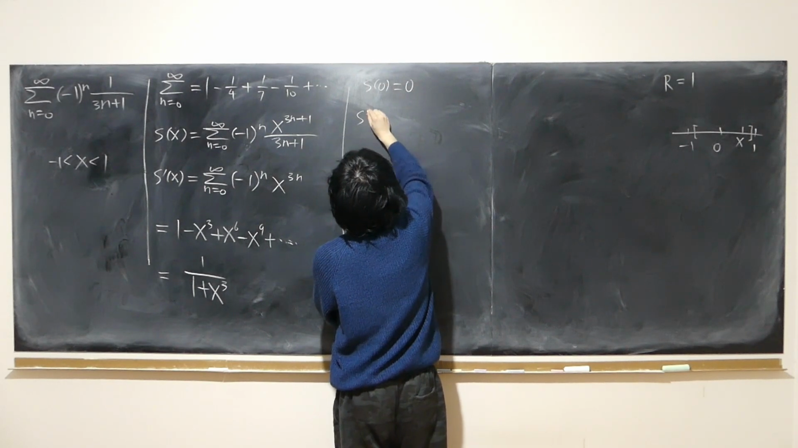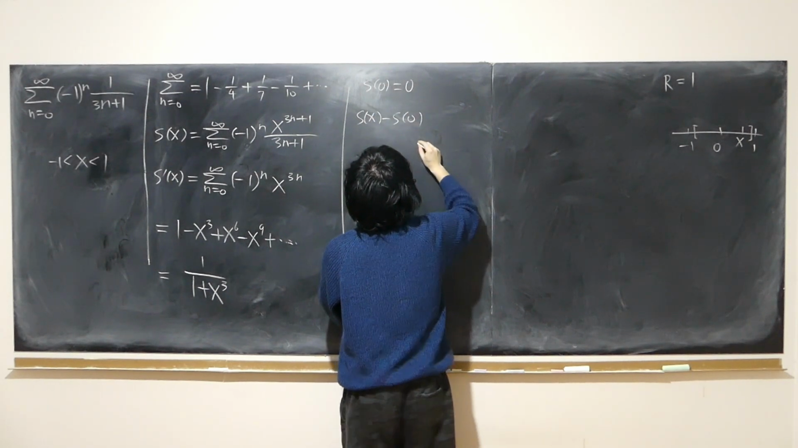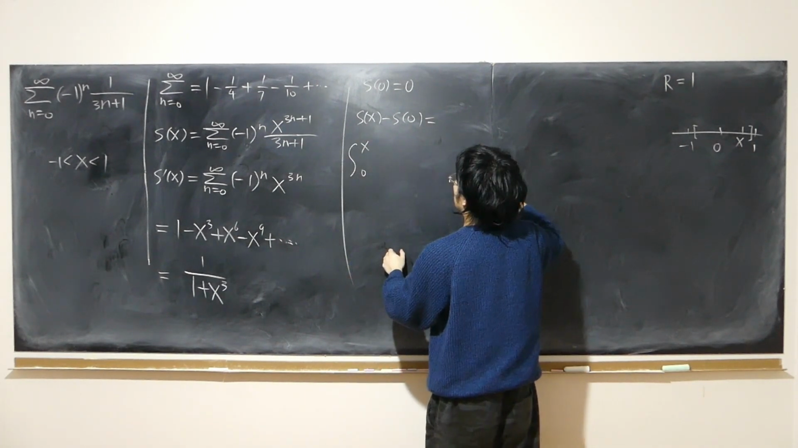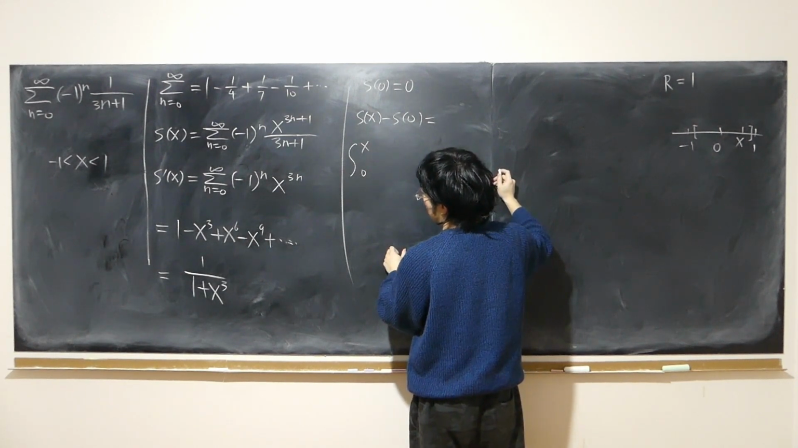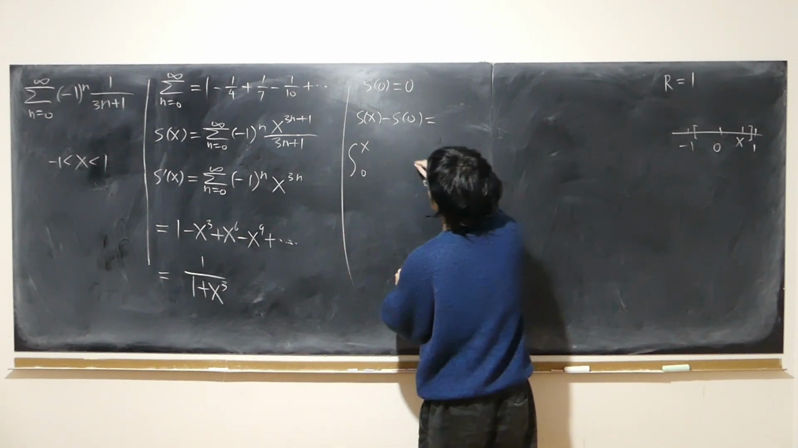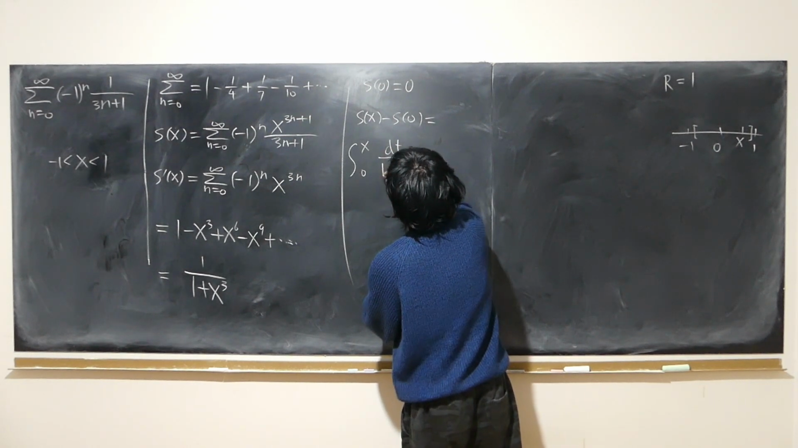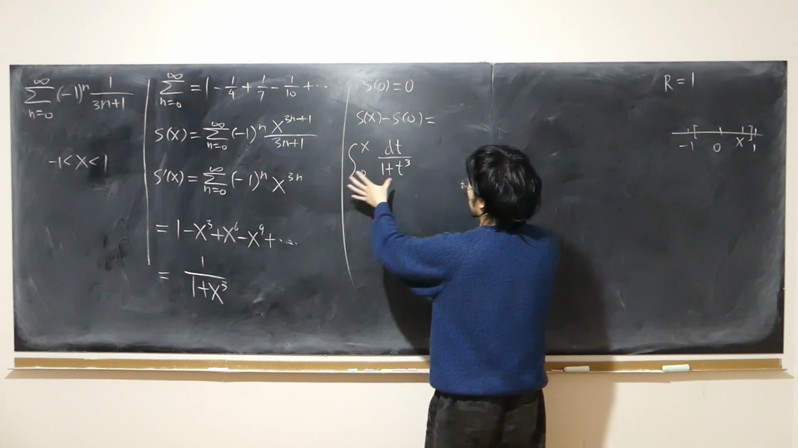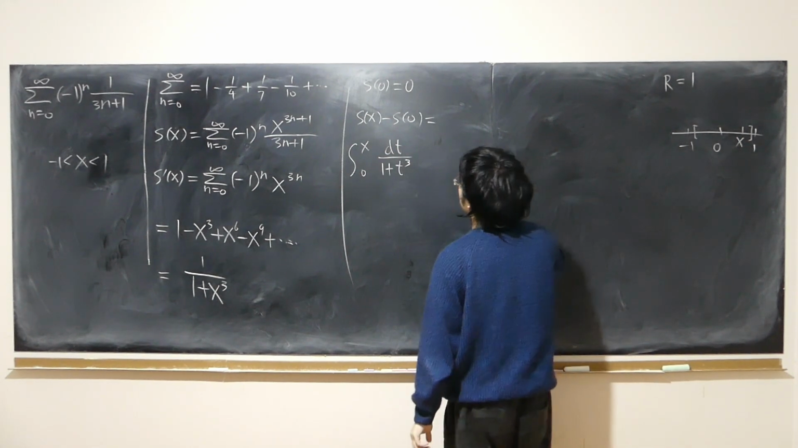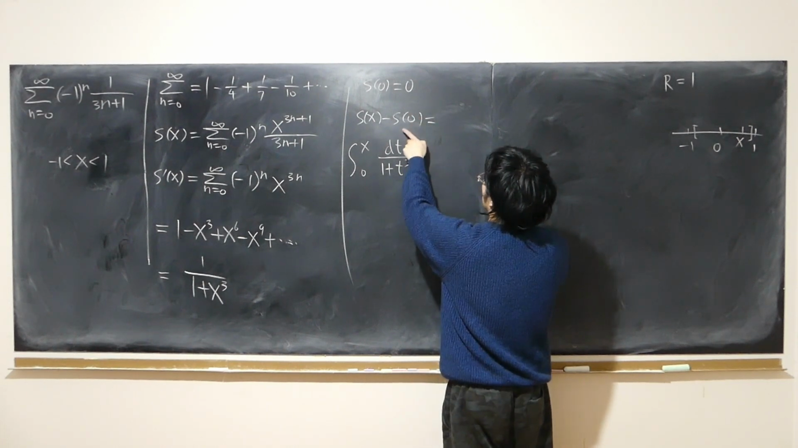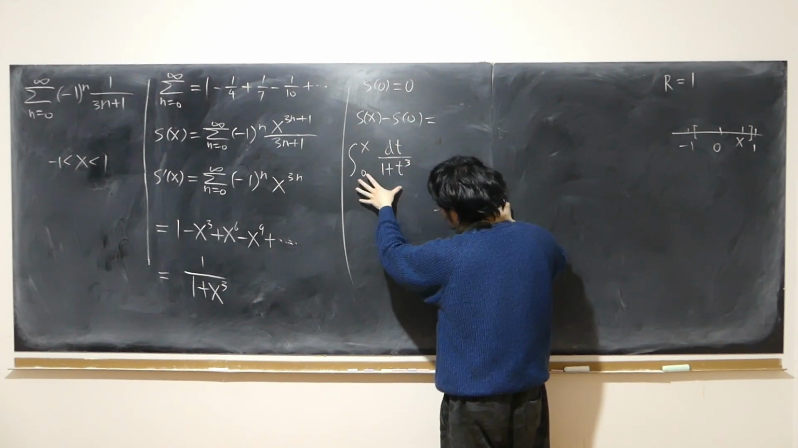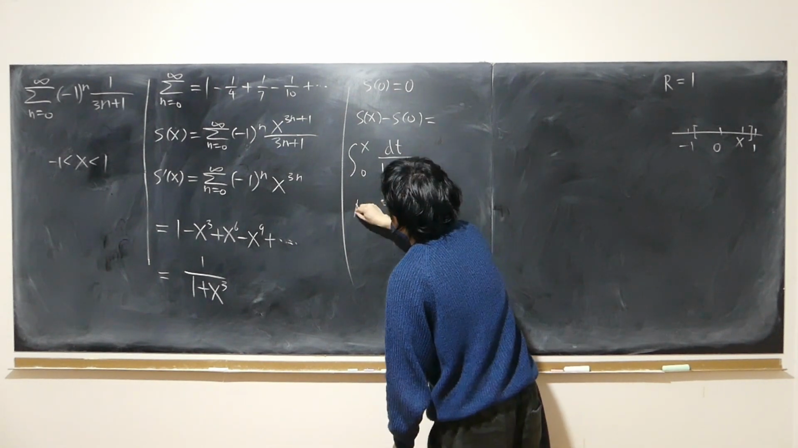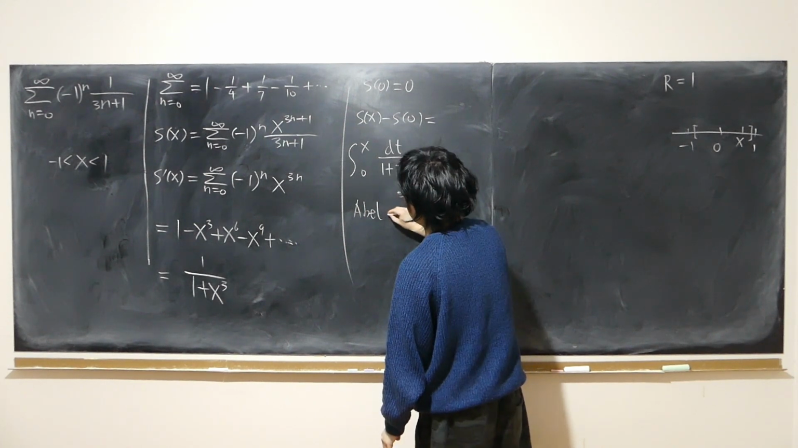So S of x minus S of 0 is the definite integral from 0 to x, maybe treating x as a constant. And then we can turn this x into t, variable of t, dt over 1 plus t cubed. Maybe treat it as a changing upper bound integral. S of 0 happens to be 0. So this is in fact S of x. So again, according to Abel's second theorem,